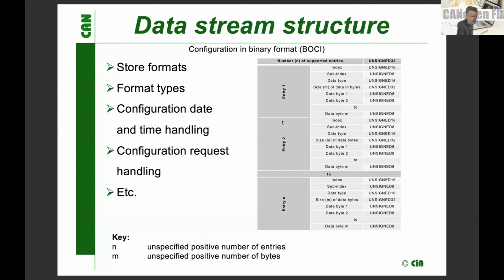Shortly, I'm a little bit over time, but I will keep it simple and short. This slide introduces the data stream as we see it now. This is a recent proposal. What is the structure of this binary file? It is called shortly BOCE. How do we transmit? What information do we transmit in this file? And we work on the formats for various